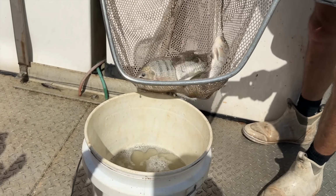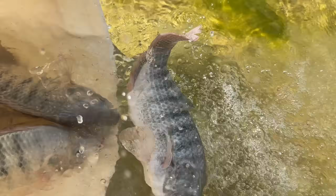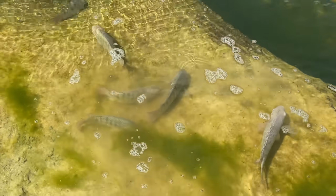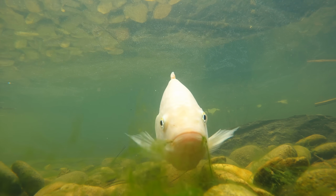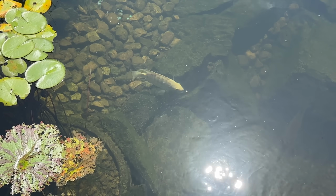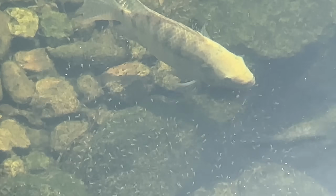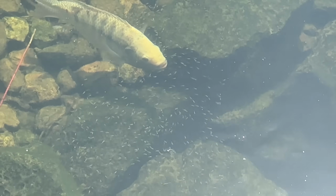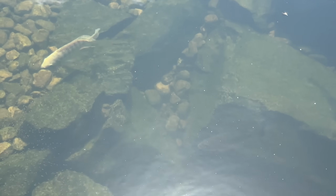So if you recall, a couple months ago when we were adding tilapia to the 5-acre pond, we added a few to a 5-gallon bucket and brought them over to Cedar Falls. And this year I wanted to add more than just a couple of tilapia. The main reason for doing this is, one, they're really good at cleaning up the algae. But the biggest reason was because I wanted to make sure I had males and females so that they could spawn. And we had been seeing some spawning activity around the beach area, so I knew it was only a matter of time. And when I got out to the pond today, there were hundreds of baby tilapia hanging out